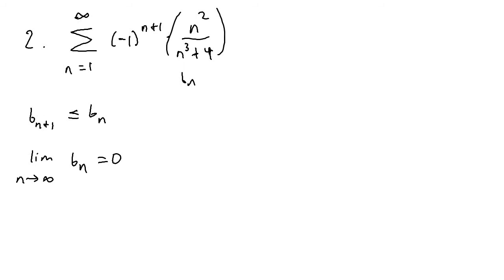Now for this problem I won't be testing if b sub n plus 1 is less than or equal to b sub n, because it will take way too long, but almost always if the limit as n approaches infinity of b sub n equals 0, then this is almost always true. So you should be good if you just test the limit of b sub n almost like 99% of the time. So if I were to test the limit here, the limit as n approaches infinity of b sub n,